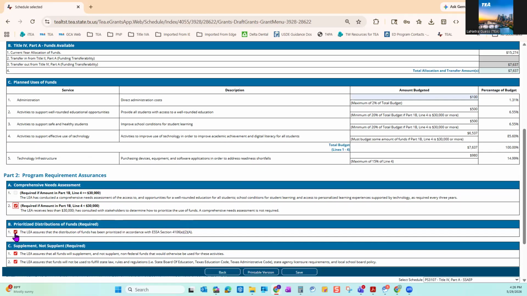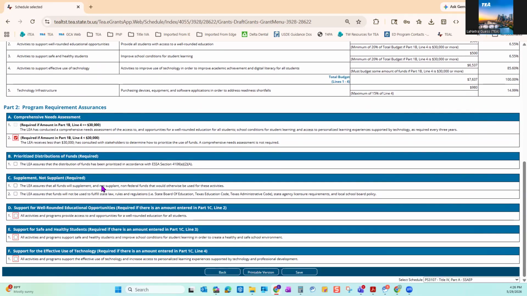And so when we go down, I had already selected this. B is the LEA assures the distribution of funds have been prioritized. For Title IV Part A, there is a prioritization that must take place, and that is when the district is looking to ensure that it's using Title IV Part A funds to address the priority needs within the district. And so first it will be looking at, are there any schools that have the greatest needs in the area of Title IV, safe and healthy students, well-rounded education, or the effective use of technology,